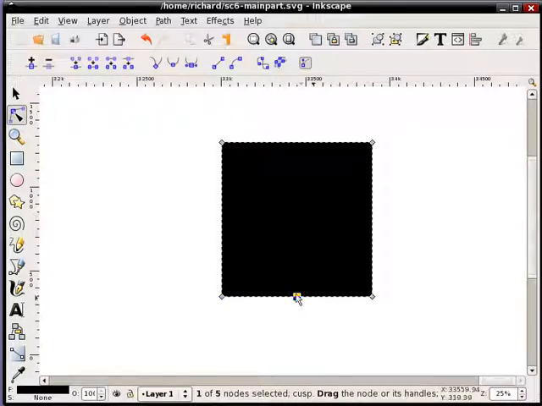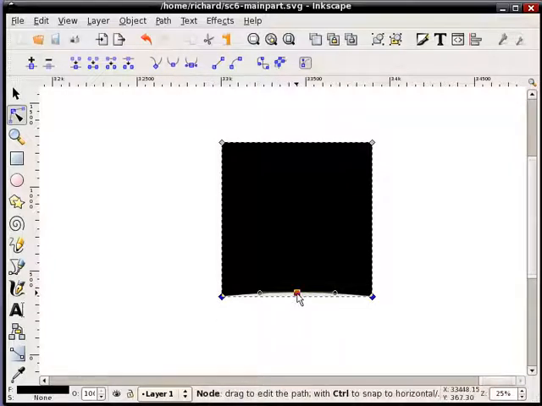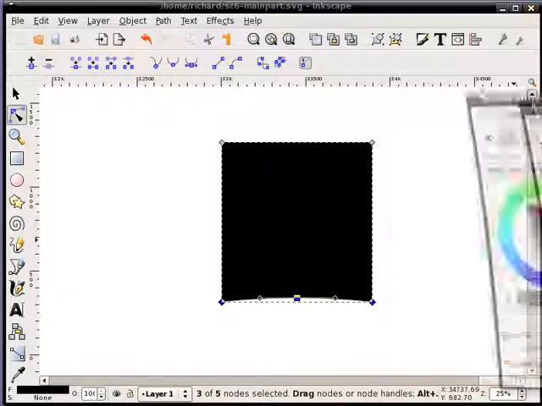I will select the node that I just added, and I'll make sure that it's actually symmetric. So there's a button here that says Make Selected Node Symmetric. I'm going to do that. And now what I'm going to do is actually hold the Control key and drag that up just slightly. Okay. Now what I'll do is select those three nodes and drag them down. Now this is where it gets a little bit tricky. What you have to do is probably